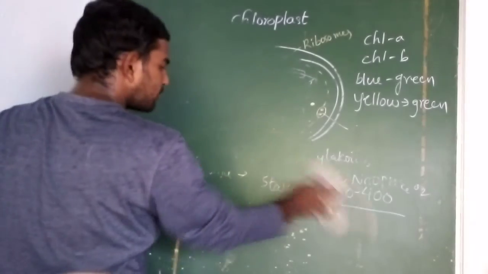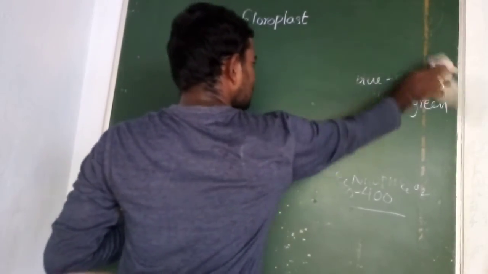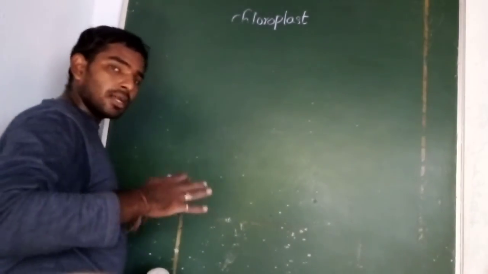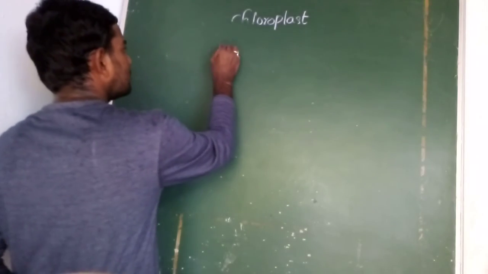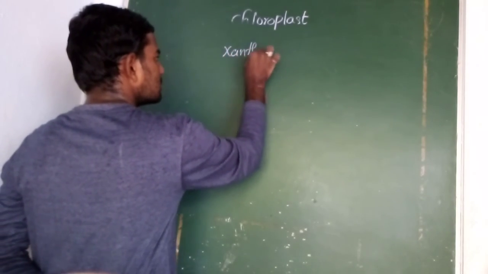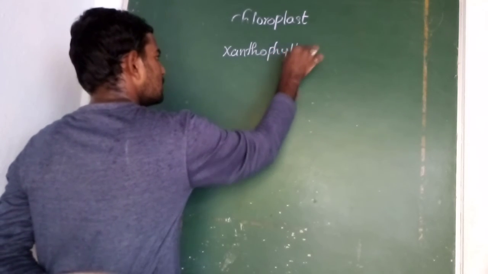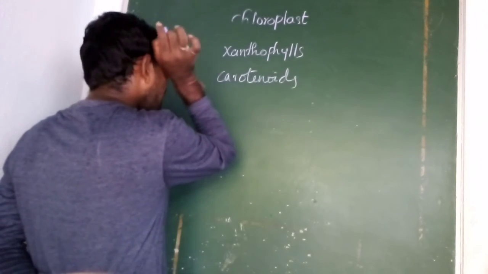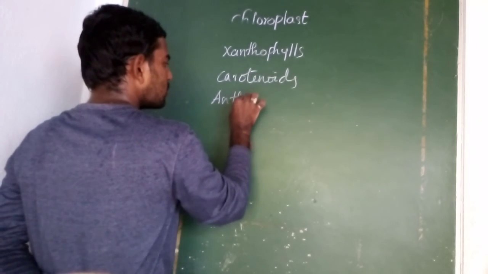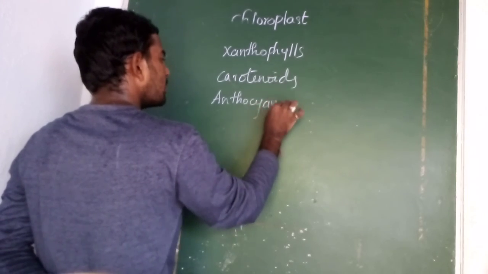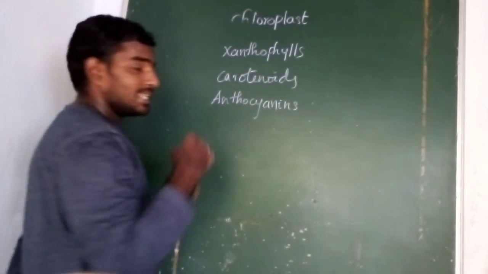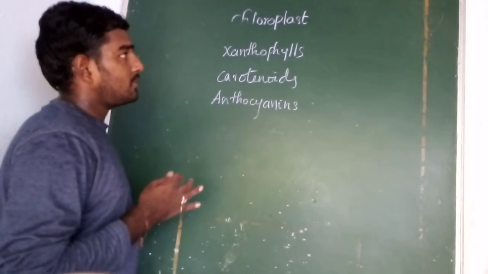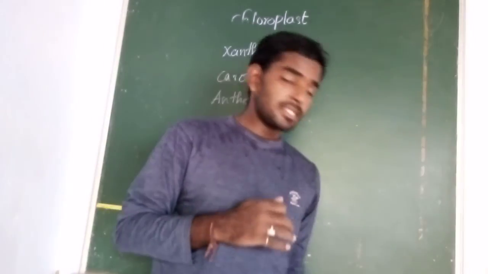Every leaf contains chlorophyll. Some differently colored leaves like pink, orange, and yellow contain special pigments like xanthophylls, carotenoids, and anthocyanins. These are some special pigments present in some different leaves of garden plants. So this is about the TS of the leaf along with the chloroplast. This is the first lesson topic.